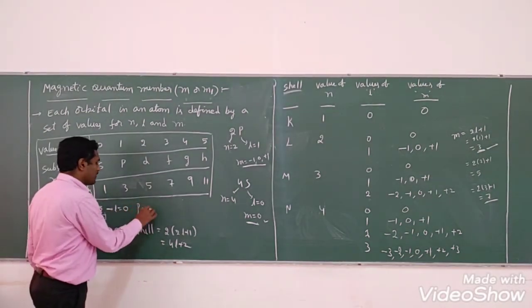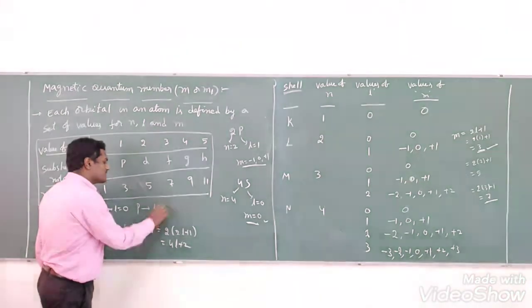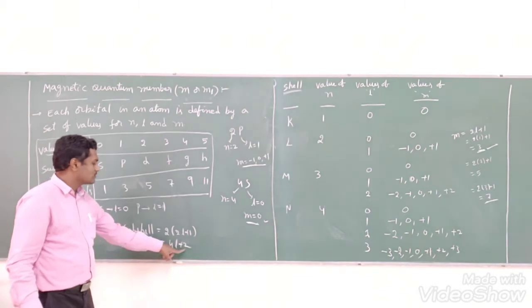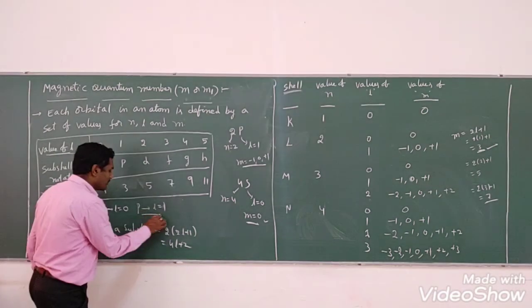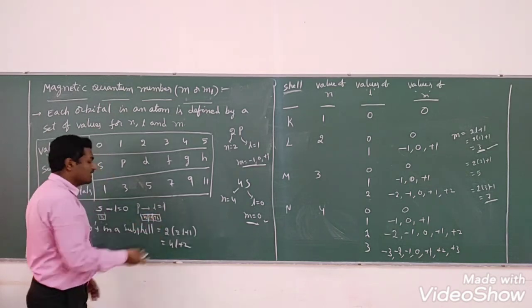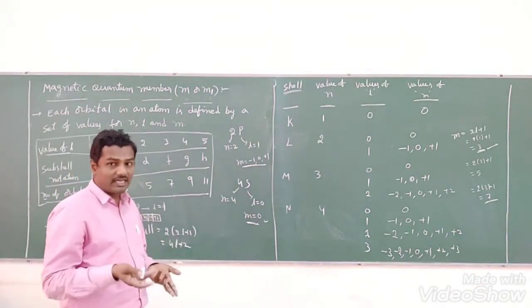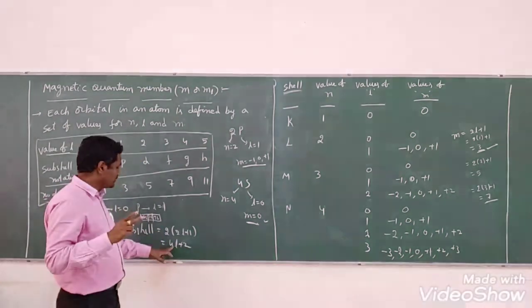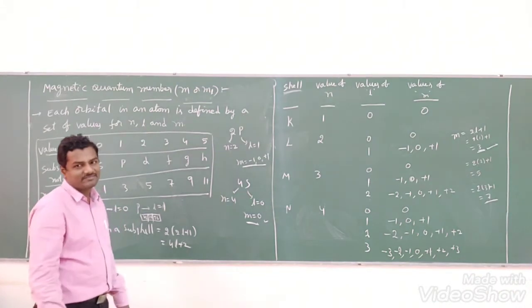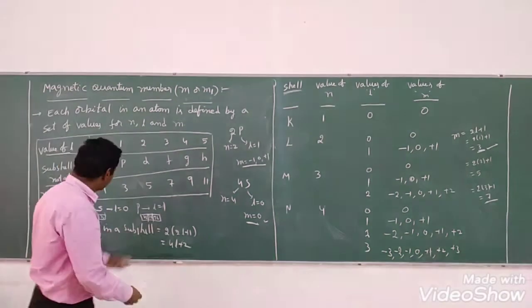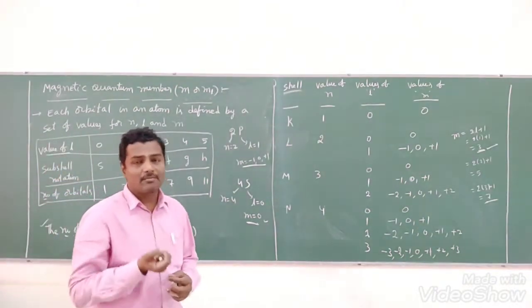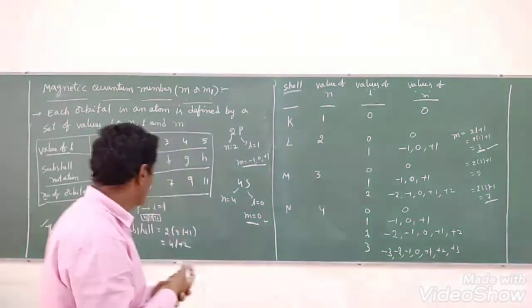Now you see that. Suppose the P subshell, in case you have a doubt. In the case of the P subshell, what is the L value? 1. You substitute 1: 4 into 1 is 4, plus 2, 6 electrons, because the P subshell contains 3 orbitals, and in each orbital we can fill 2 electrons, so 6. D subshell has 5 orbitals, 5 twos are 10. In case of the D subshell, L value is 2. 2 into 4, 8, 8 plus 2, 10. Got it, my students? Like this we can easily calculate the number of electrons in a given subshell. The formula we have to use is 4L plus 2, students.